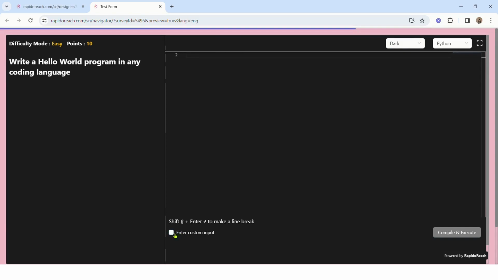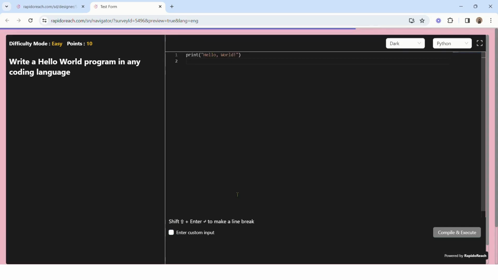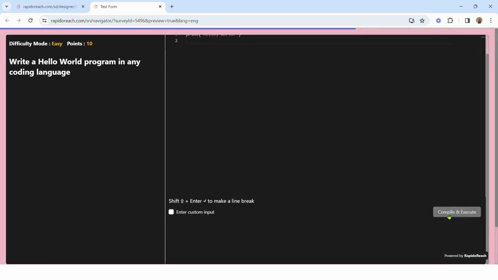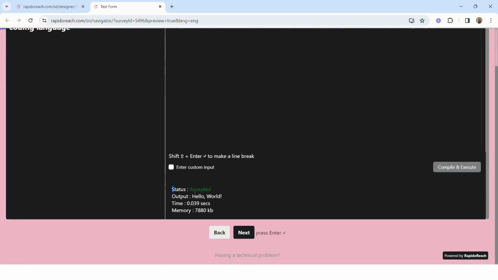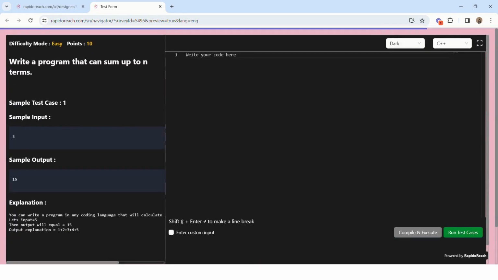Here is an option to enter custom input for the users, but it's not required for this question. So we'll simply click on Compile. Once the processing is done, it shows the status as accepted with the output Hello World. Now we will click on Next. This is our next coding question,